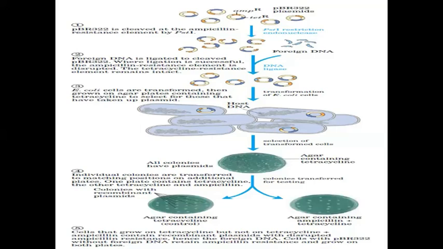So within that circular DNA, if I cut that DNA with one particular restriction enzyme, and again I cut my desired DNA with the same enzyme, we will get a similar type of overhang, and then we can join them using ligase enzyme. This type of DNA, in which vector DNA and my desired DNA are joined together, is called recombinant DNA.